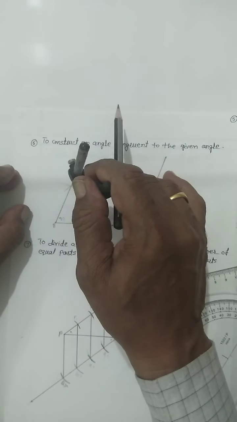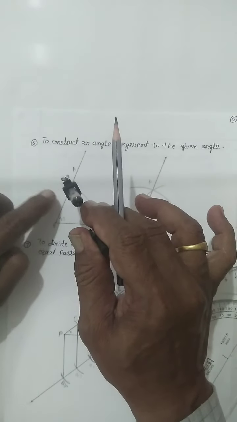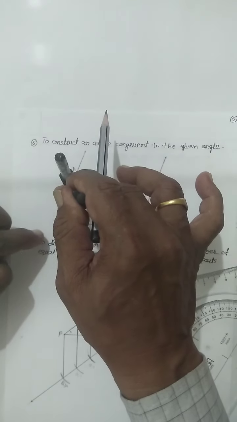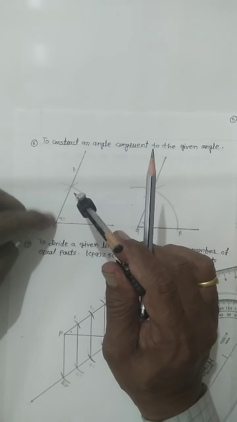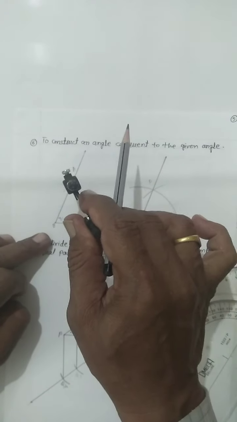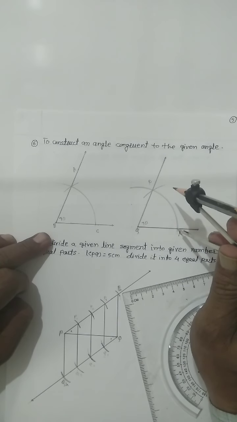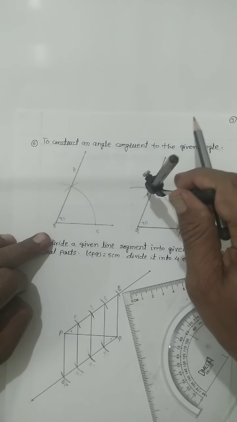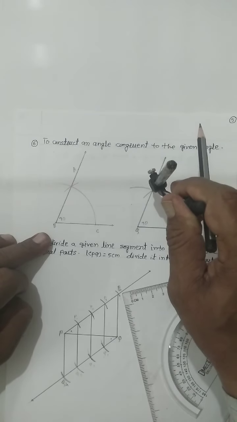See, this first arc and this second arc intersect at the point. Now this ray started from vertex B and passing through the intersecting point is the ray BA. Now put the same distance as it is. Put one terminal at point R and draw the same arc, the second arc, which intersects the first arc at this point, point P.